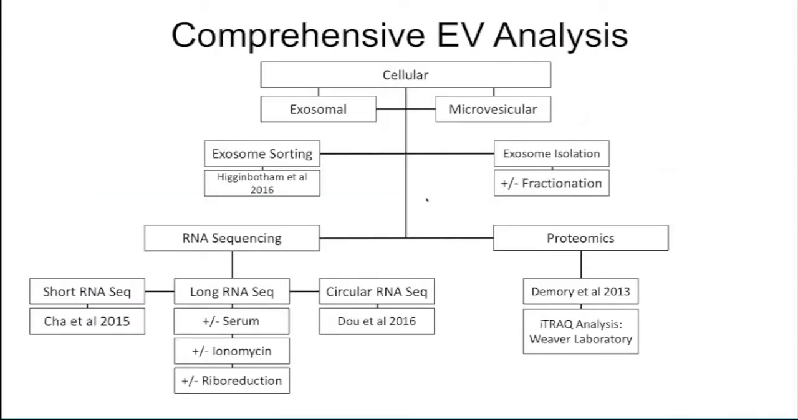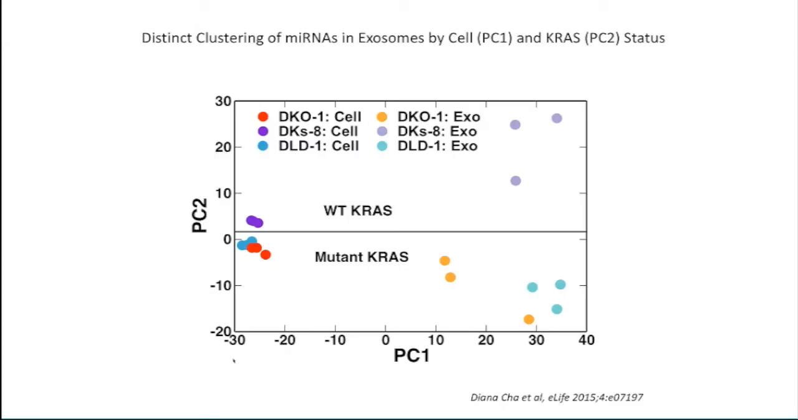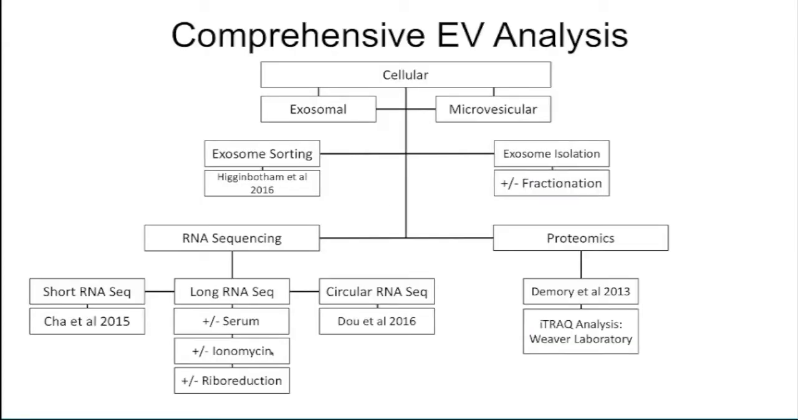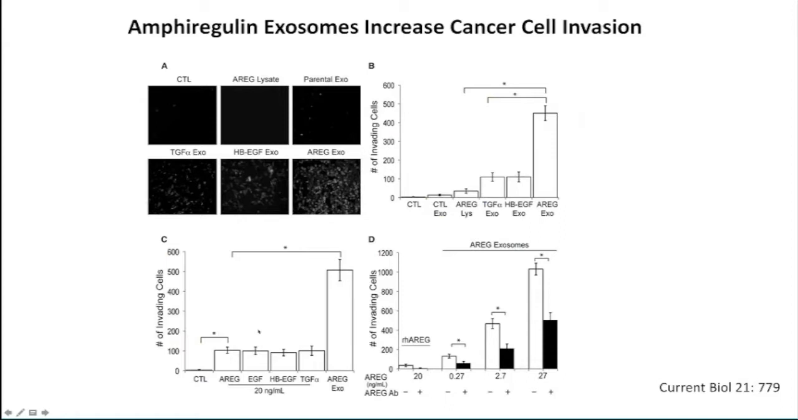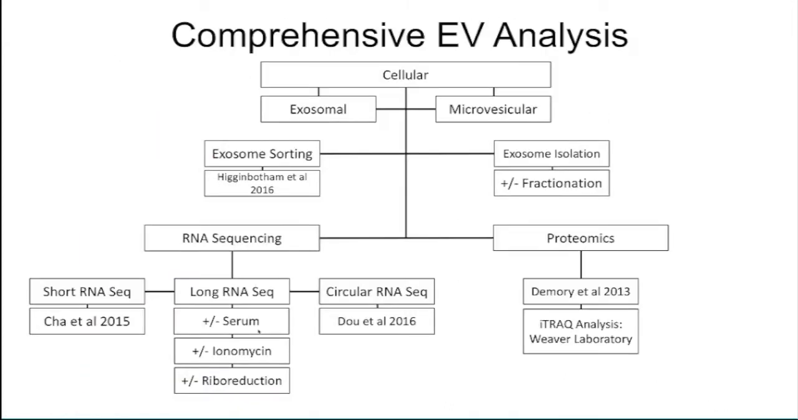So we have done a lot of RNA-seq data under many, many different conditions. Originally, Jim Higginbotham and Bob Coffey's lab had been using ionomycin to increase exosome production, and so we actually had done RNA-seq after treating cells with ionomycin to generate exosomes, and we've done it plus or minus riboreduction and plus or minus serum. And so we have a lot of data where we've now analyzed from short RNA-seq data for